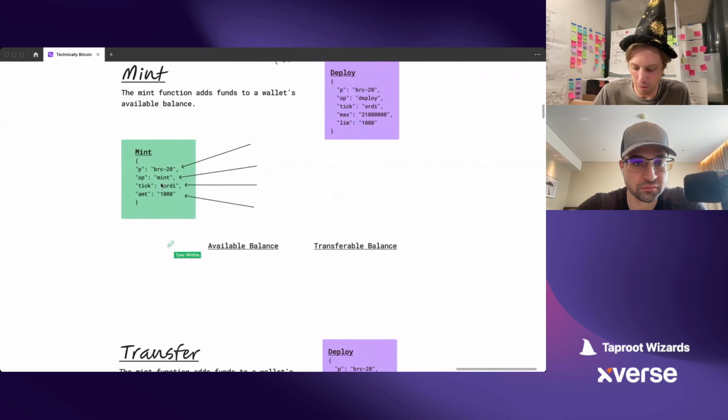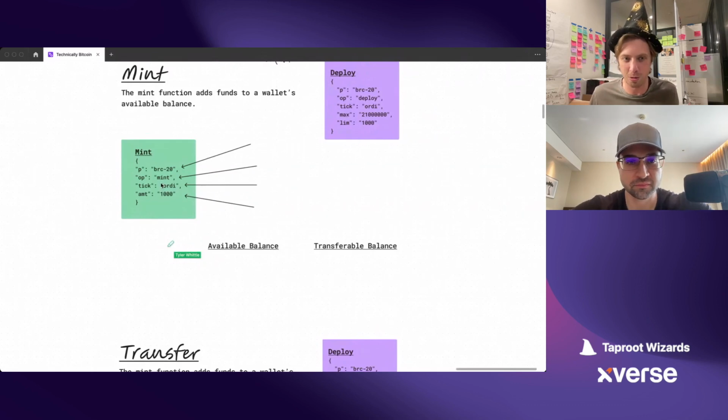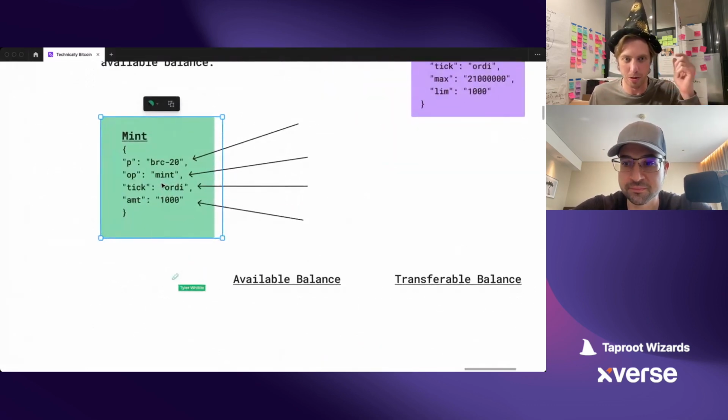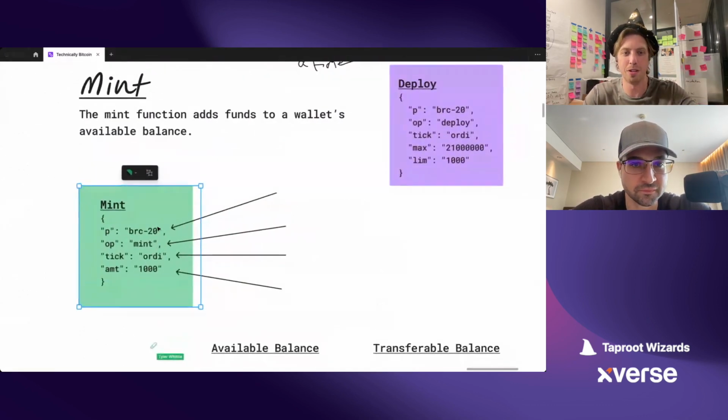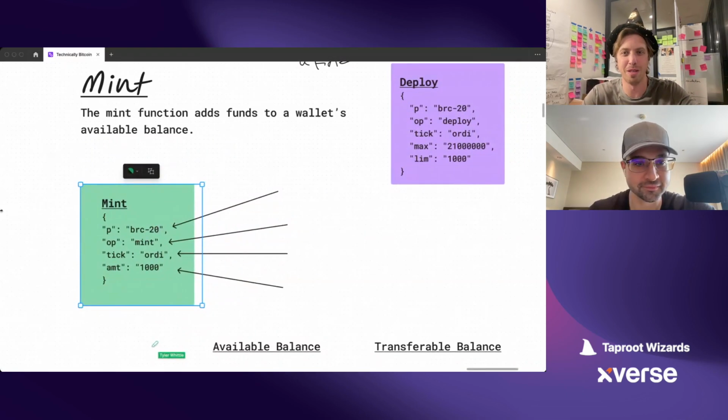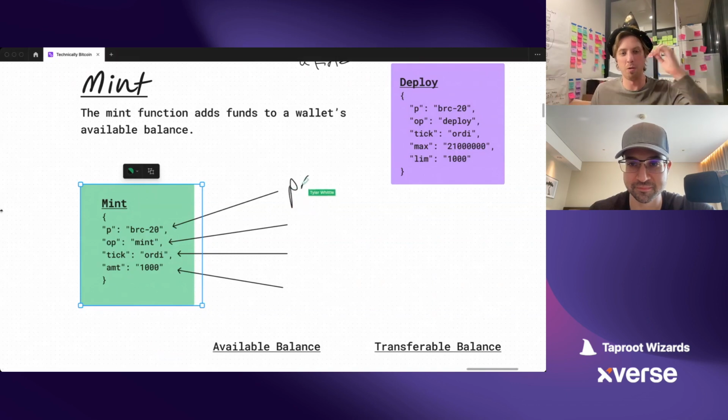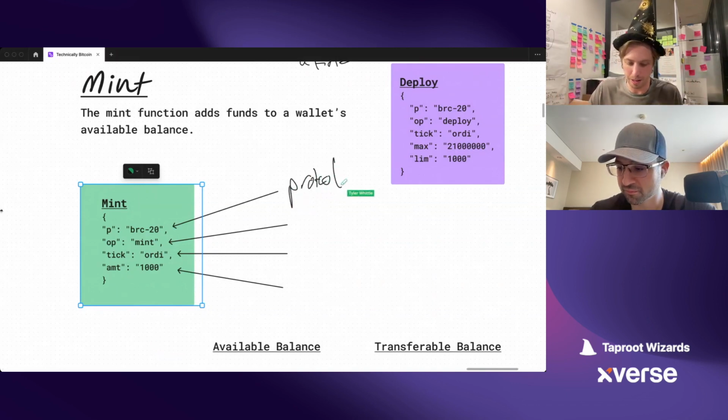Let's just quickly review what we learned last time. So again, you're just putting this data on chain in a text inscription that looks exactly like what you see in this mint function. I left our deploy function up here just so everyone remembers that we deployed ordi and there's 21 million of them. We go back to mint and we say, okay, great.